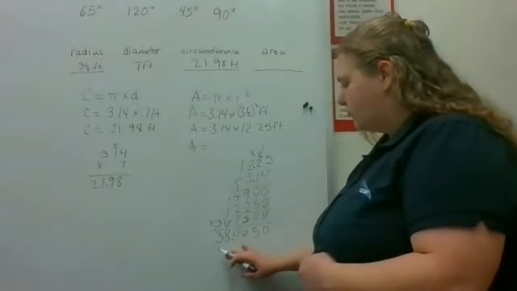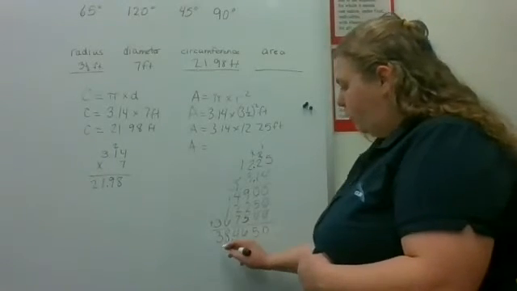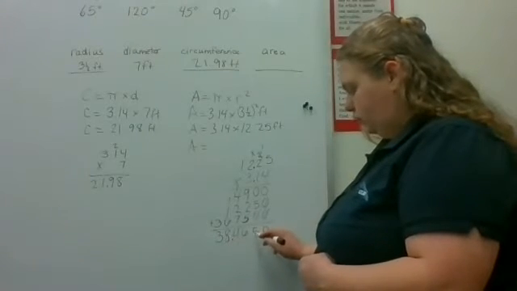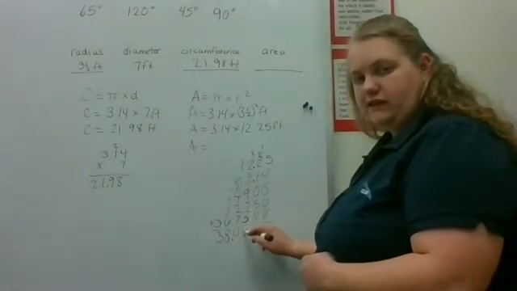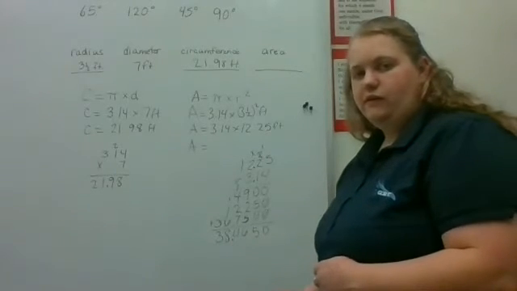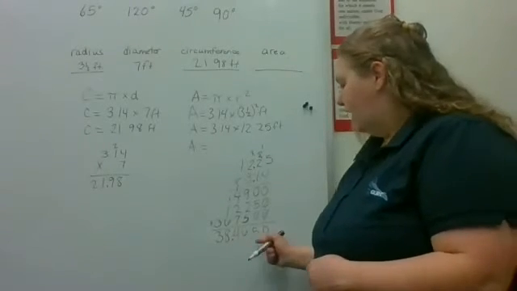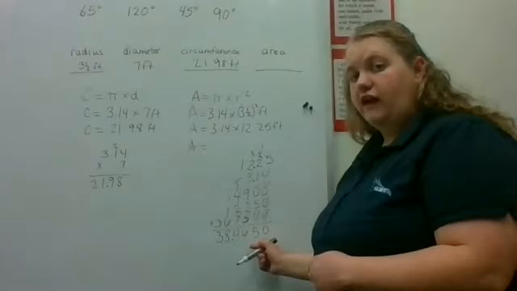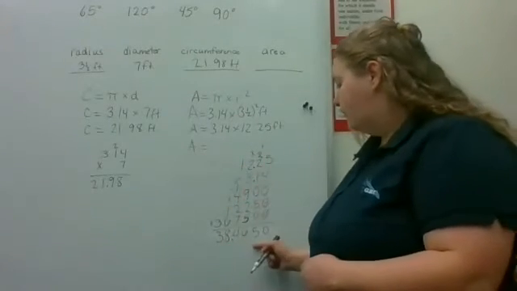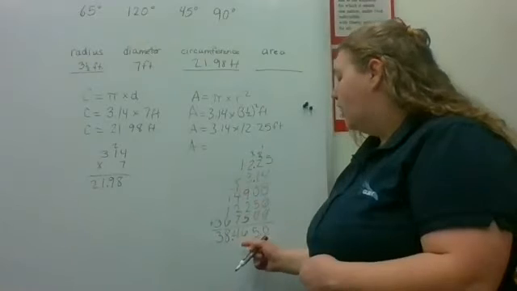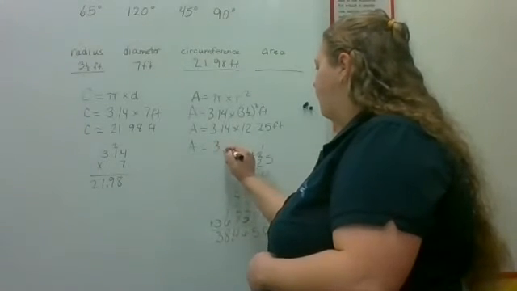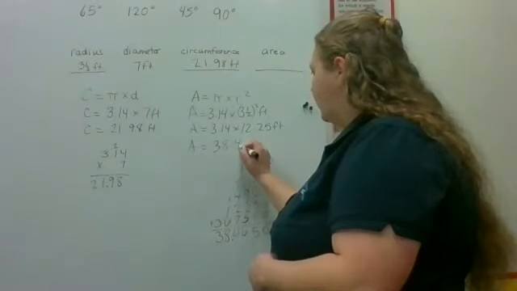Okay, we want to round to the hundredth spot. We have 38.4650. So we want to round to this spot, the 6. Does 5 make the 6 go up or stay the same? Okay, 5 is our number that makes it go up. Anything 5 and above, so 5 would be one of those numbers. 5 and above makes our number round up. So 38.47